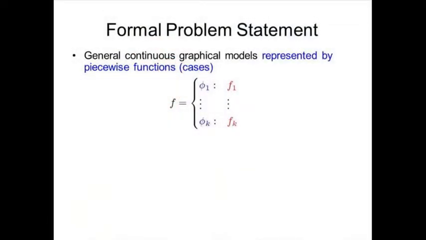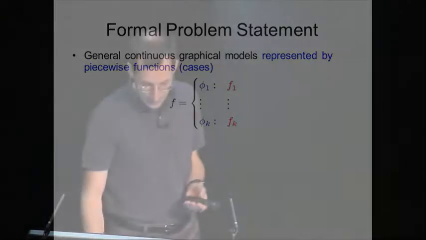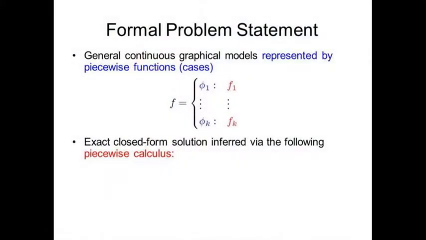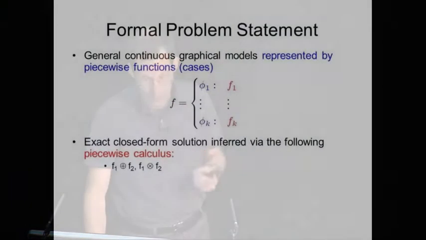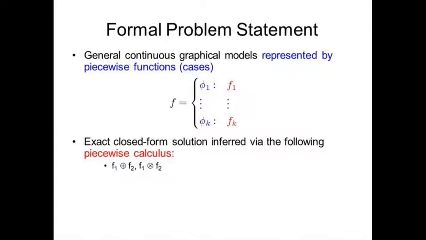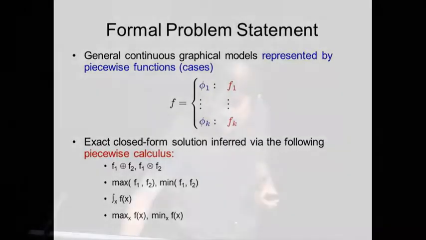If I represent all factors in my graphical model with these case statements, then I just need a closed form piecewise calculus on these cases. I need to add and multiply the cases. I need to take the max and min of them. I need to integrate over them, especially in continuous graphical models. Later, when I do some sequential decision making, which I might skip today and can talk about later,